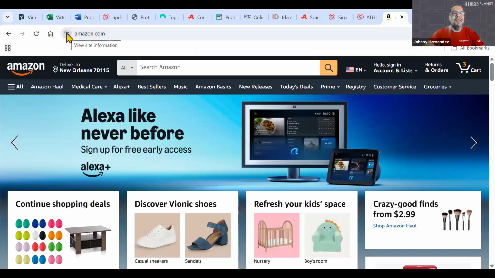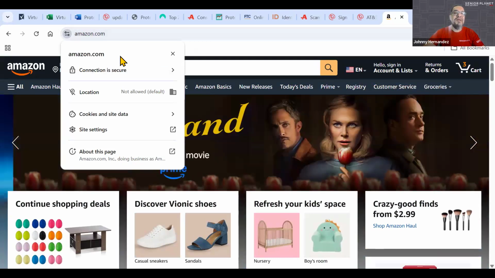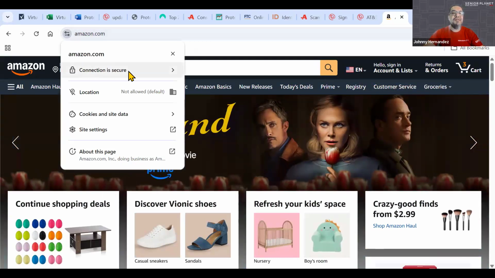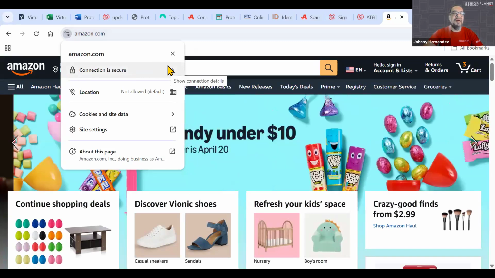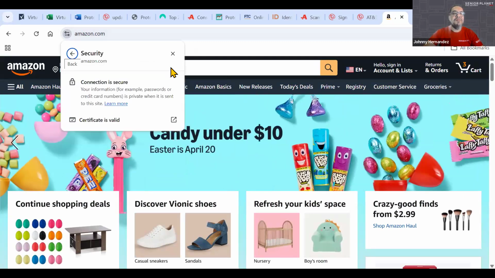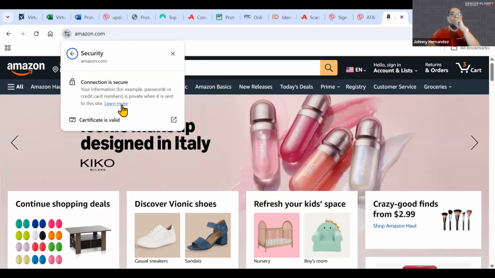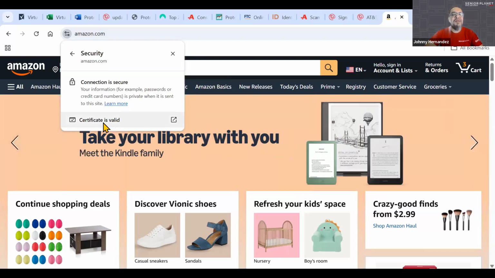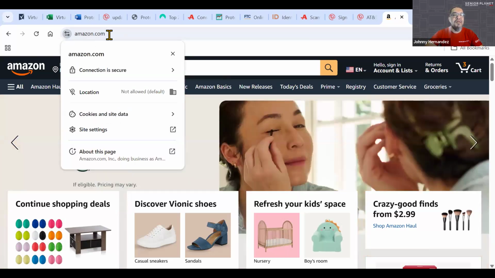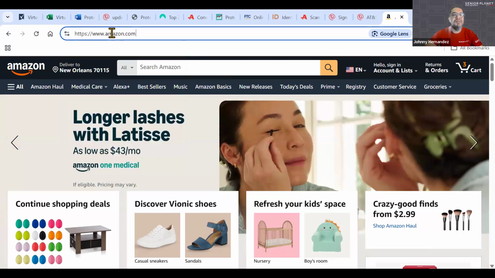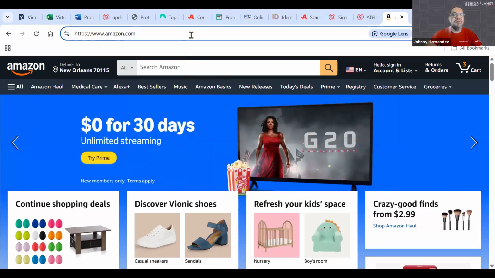If you click there, it'll give you some information about the Amazon.com website as far as its security. So here it's telling us that, yeah, this connection is secure. There's that little padlock icon. If I click here, it gives me some more information where I can click to learn more as well. This website is certified. The certification it's received is valid. So you're getting all that information by just clicking on the little icon right next to the web address, the Amazon web address. And then there's the S in HTTPS://www.amazon.com. So take a look at that. If you're ever on a website where you're not too sure if it's safe, secure,